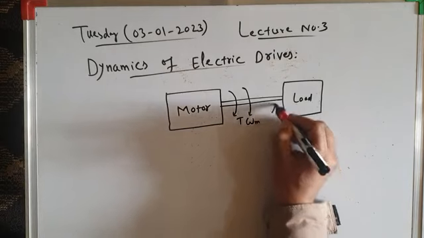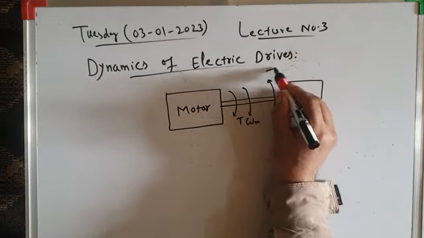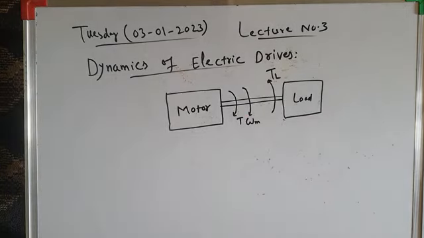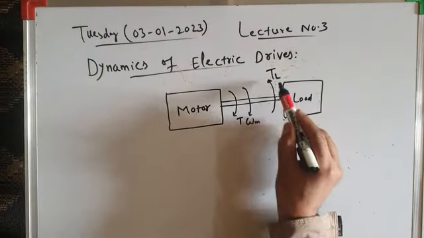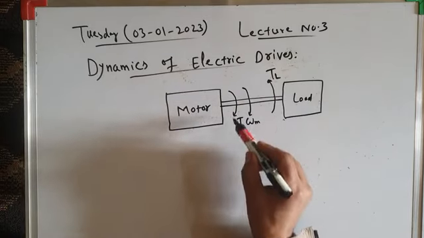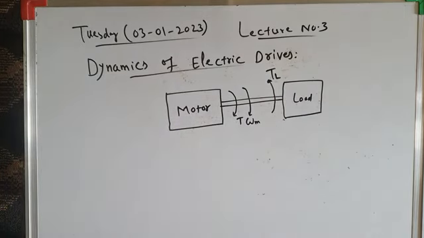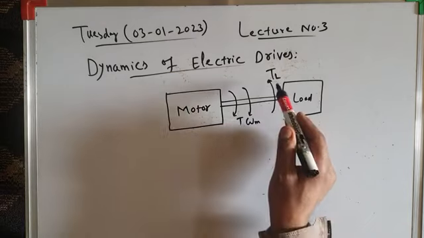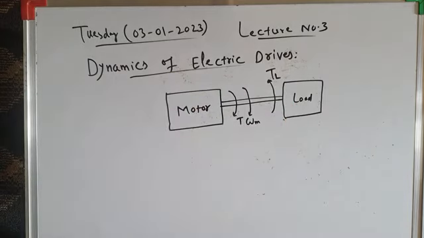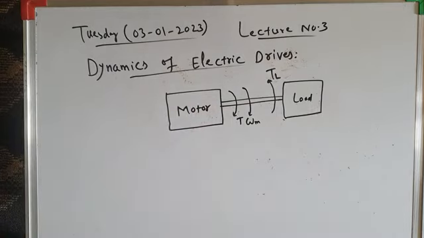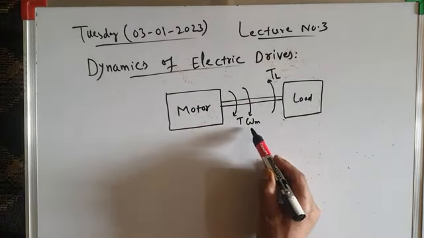The torque which is exerted by the load is in the opposite direction to the torque developed by the motor. This is the load torque, which is in anti-clockwise or counterclockwise direction, and this is the torque developed by the motor, which is in the clockwise direction. So the motor has to develop a torque at least equal to or greater than the load torque to keep the motor and its driven load rotating in clockwise direction at a speed, say